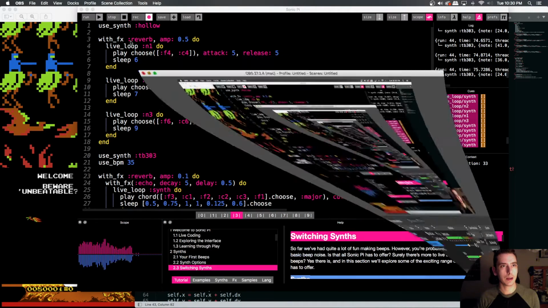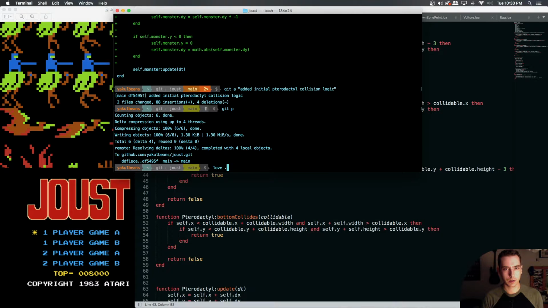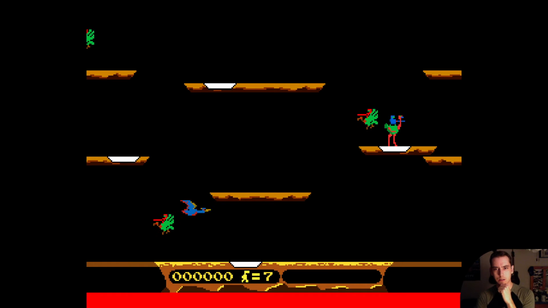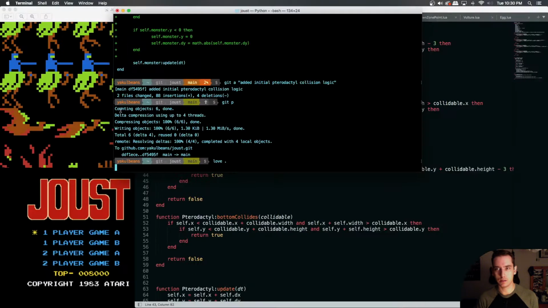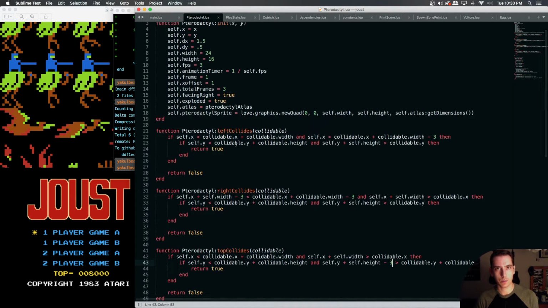Okay, so today, if we look at our pterodactyl as of right now, you could see our collision detection is kind of janked for our pterodactyl. So we're gonna try to fix that today, and the way in which we're gonna go